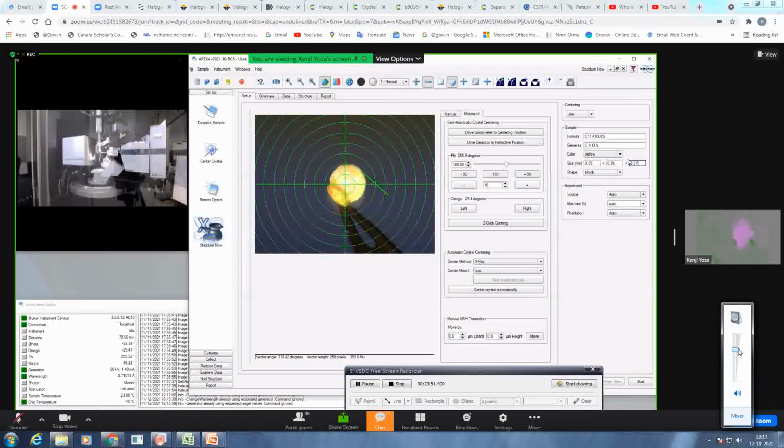Okay. Then you can specify the sample shape here, and also you can specify the X-ray source